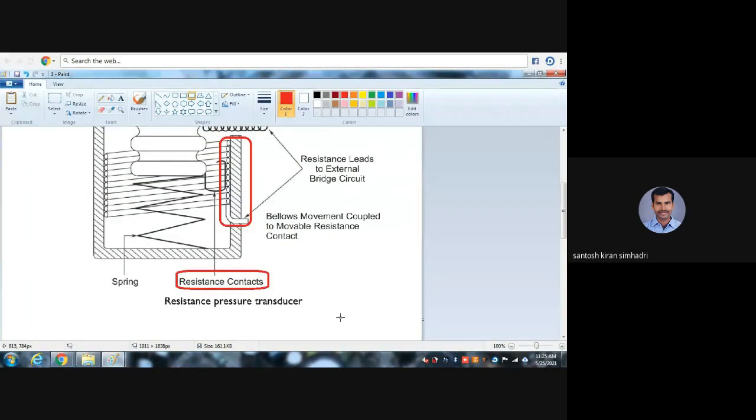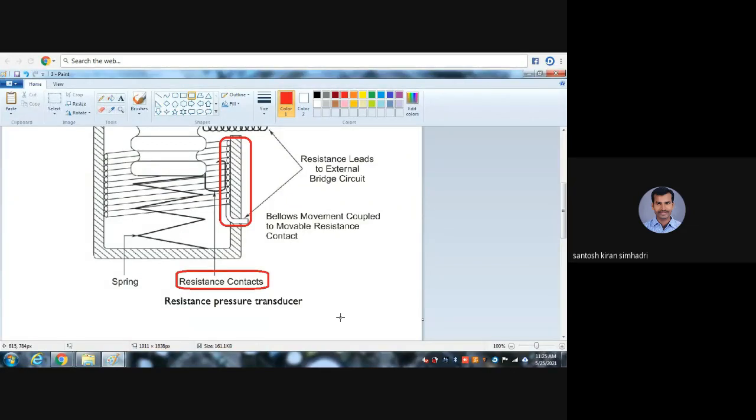I told you so many times. If the resistance changes, you know very well what happened, so that is connected to the spring. That is the beauty. I don't know whether you know how the weighing machines work. This is the principle they work on. I think you have some weighing machines in your home. You simply stand on that machine and you can measure the weight. How does it happen? Based on this principle only.